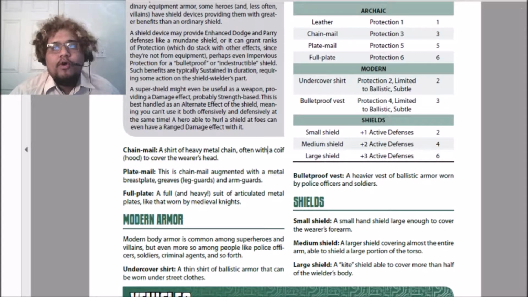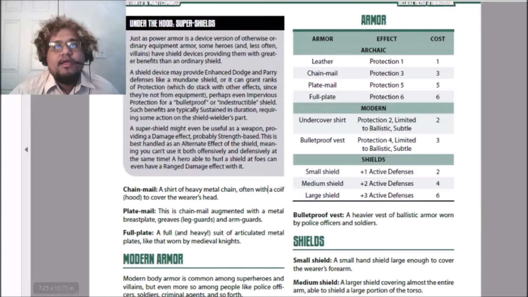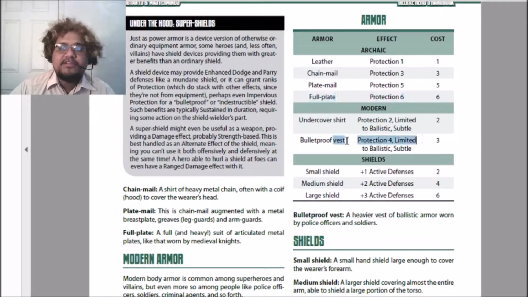Now remember, with armor, right? Because this is equipment, these are not devices, these protection bonuses cannot stack, right? These protections do not stack with any other source of protection. So let's say you have full plate armor, which is protection 6. If you have a bulletproof vest underneath your full plate armor and you get shot with a bullet, that does not mean you have protection 10. It will be the protection 6, not the protection 4, because it only goes over whichever one is higher, okay? Okay. Now that we've gone over all that,